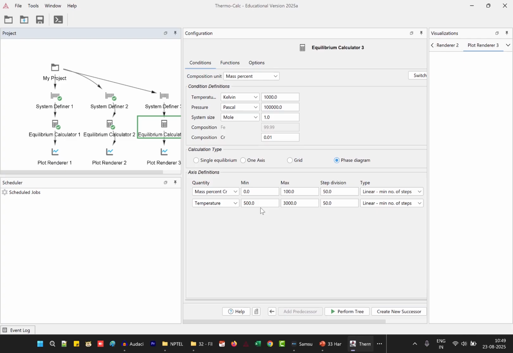My temperature range should be between 1000 to 1500. Okay, if I make it 500 to 2000, it is good enough for me to compare. So 500 to 2000, mass percent of chromium in the x-axis, click perform.